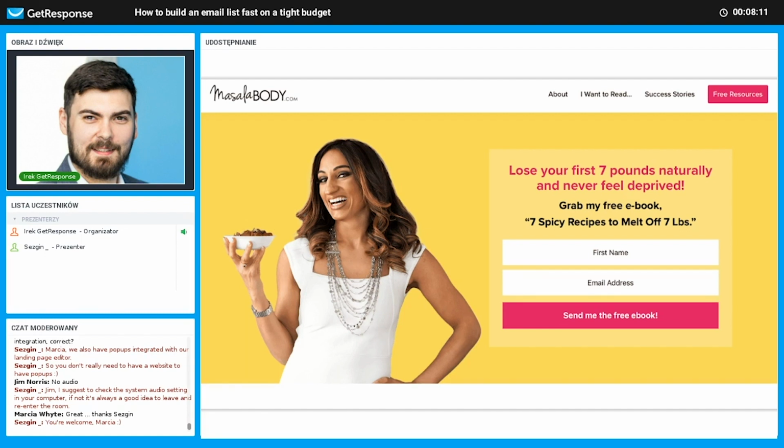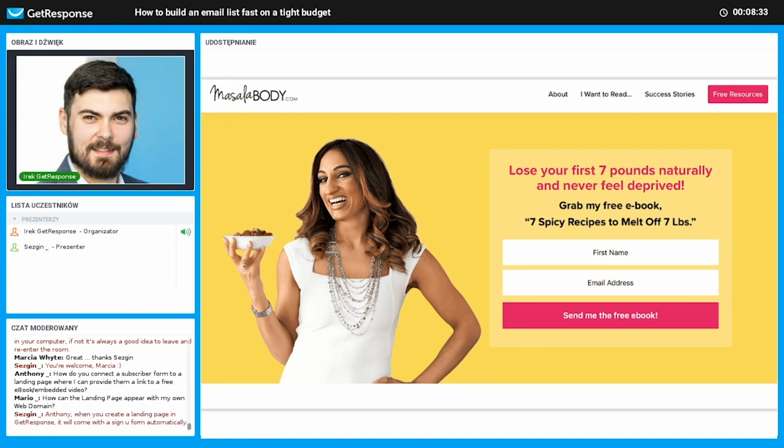Another resource that you should definitely have is a landing page. Here is an example of a very simple landing page, and this landing page is with a subscription form. Let me clarify: a landing page is a very simple website, and because we are talking about list building today, our goal will be to create a landing page, a very simple website with a web form, and the number one and only goal of this website is to make people subscribe.